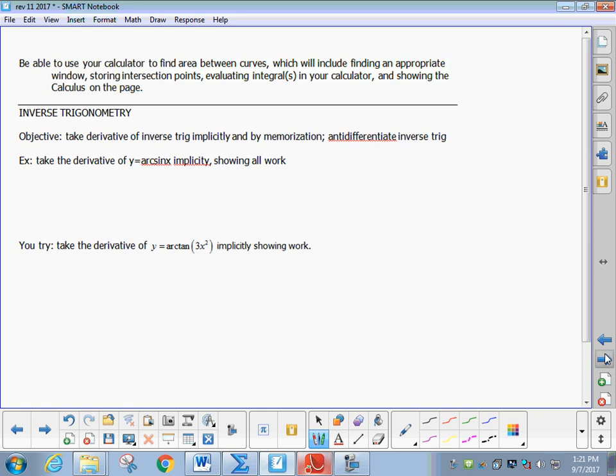In terms of just finishing notes on area before I switch gears, I do expect you to be able to use your calculator to do this, and that includes expanding the window or showing an appropriate window, finding intersection points and storing them, finding the area between two curves, and also being able to write your work. You aren't going to show all the integration work on your paper. What I do expect is that you show the definite integral, including the intersection points with 3 or more decimals,